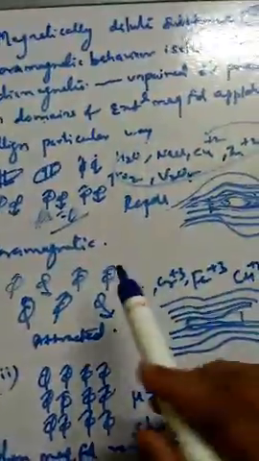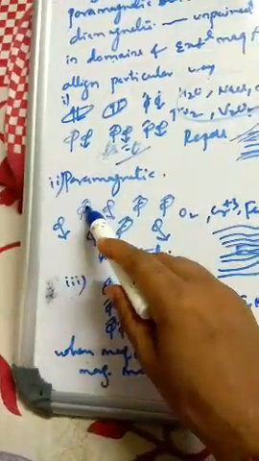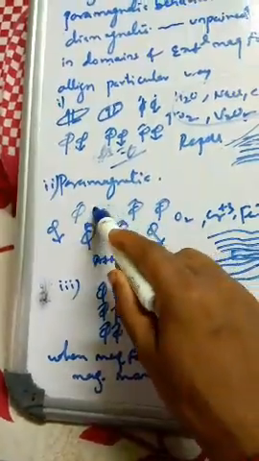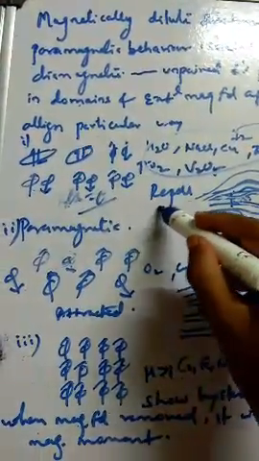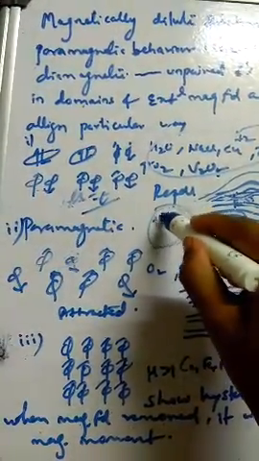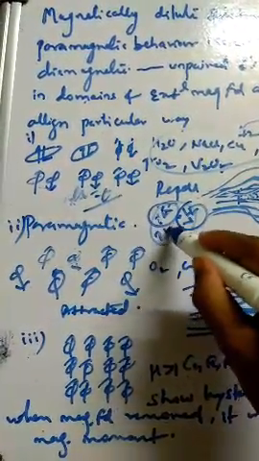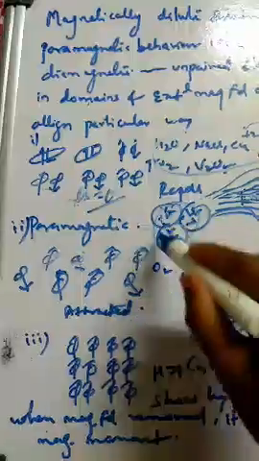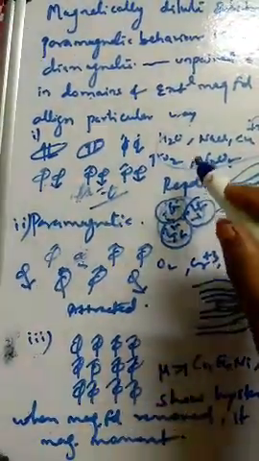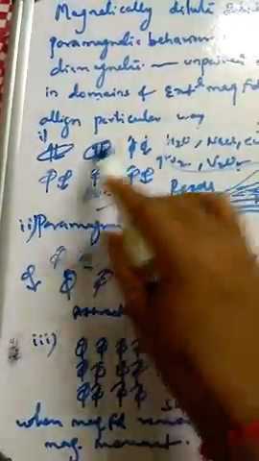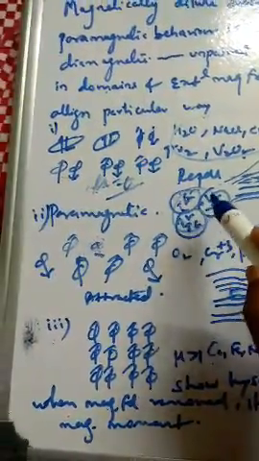Similarly, this is what happens when we have not yet applied the field. One more is paramagnetic. Here the electrons are very haphazard. You can see minus half, plus half, minus half, and these are the domains. Domains means, if this is a metal sheet, the electrons are placed like this, so this is one domain. They are placed haphazardly, and these are called domains. In diamagnetic, these moments are placed plus half, minus half, plus half, that's why mu is equal to 0. And in paramagnetic, they are placed very haphazardly in each domain.